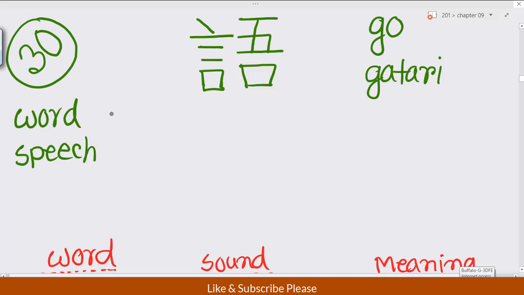Regarding the word or speech, the kanji here. So the strokes of that kanji: first, top to lower inclined; second, a bigger one; third, fourth and fifth. Again, so here, this is a larger one compared to the previous one. So again, the strokes of that kanji: first, second, third, fourth, fifth. So here